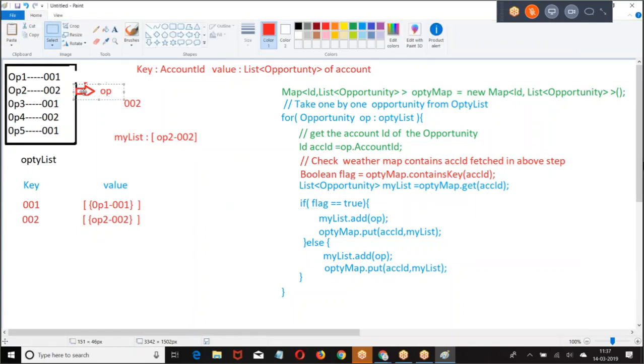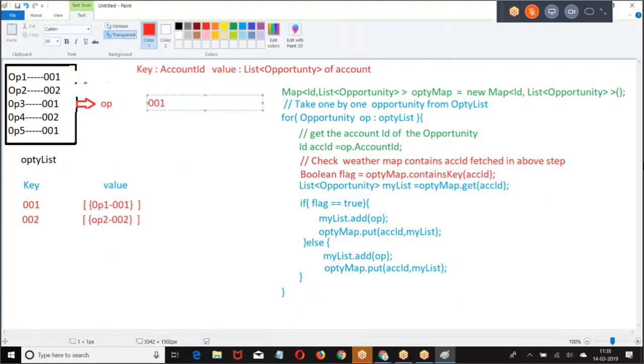go to the map. OP has moved. What is that OP dot account ID? OP dot account ID is what? 001. Now, map contains the key 001. Yes, map contains the key called 001. Flag equal to true. If flag equal to true, what I told?